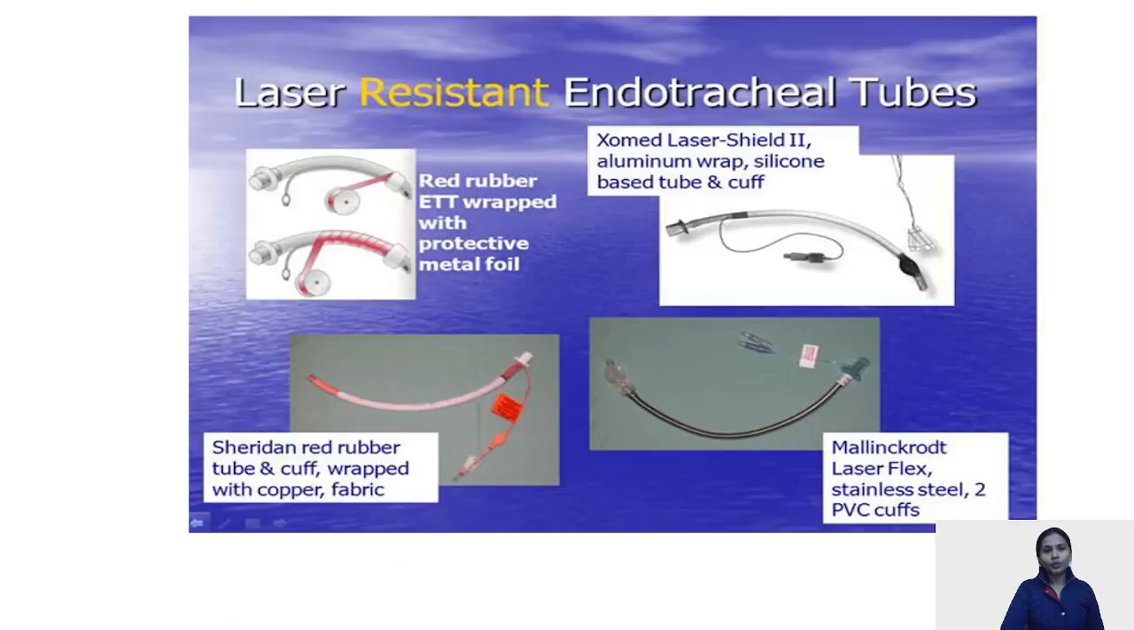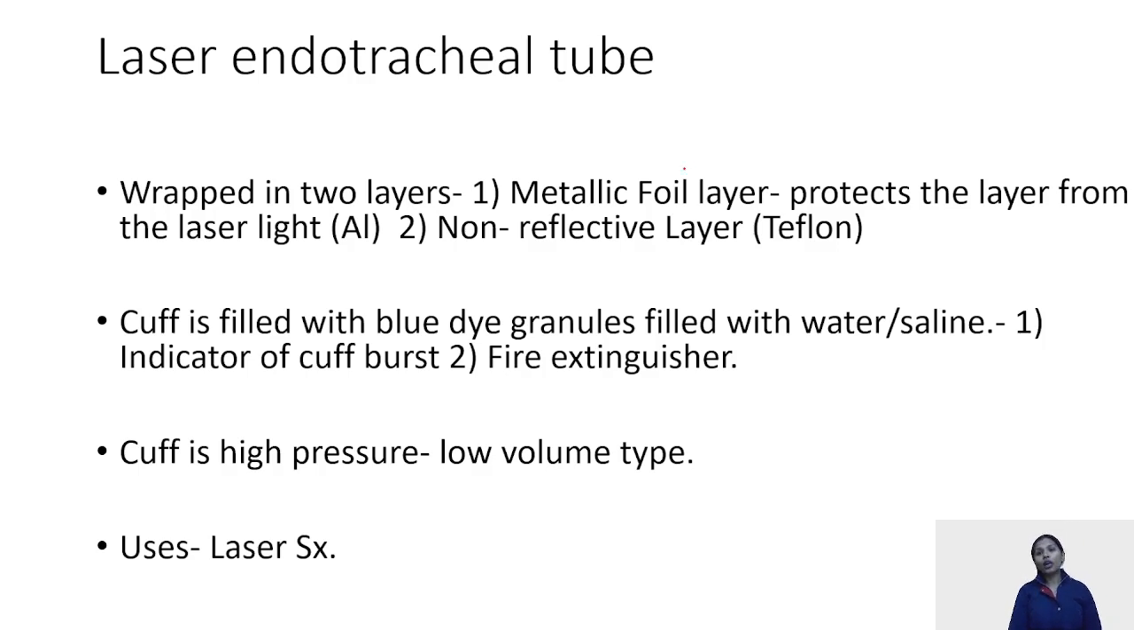Laser endotracheal tubes. Again, this picture is asked. These are the laser resistant endotracheal tubes. They are PVC or red rubber tubes, and they have two layers on them. One is the metallic foil layer that protects from the laser light, and the other is a Teflon non-reflective layer over it. The special part of this tube is that the cuff is filled with blue colored granules with water